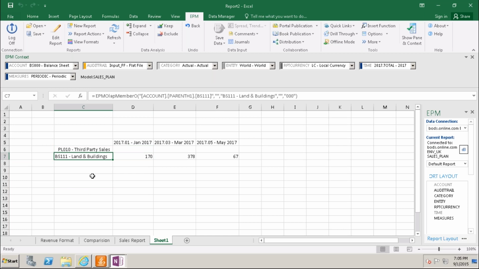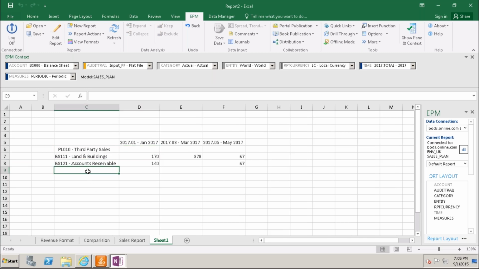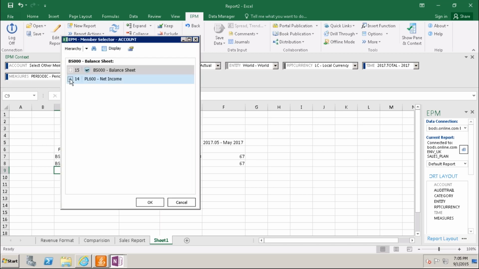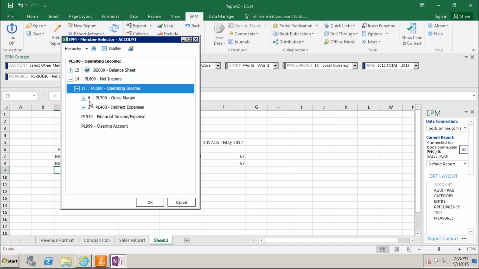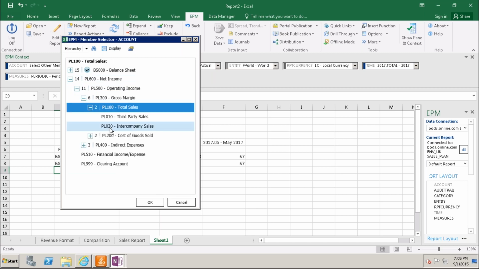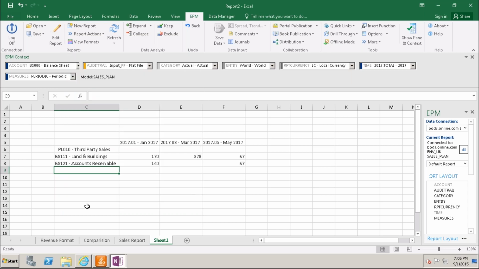Whatever you want, you can provide here. These are the members I am giving here simply. BS121. So this is no PL011. Do we have it? We don't have that. No, I'm going to search here PL020.